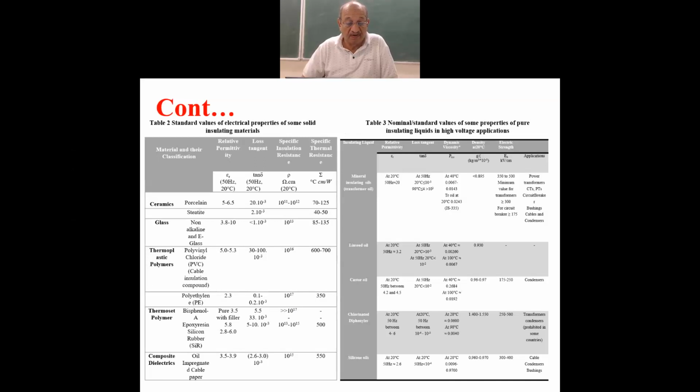Let's talk about table number 3 first. It is about the liquid dielectrics. As you can see here, table number 3: nominal or standard values of some properties of pure insulating liquids in high voltage applications.